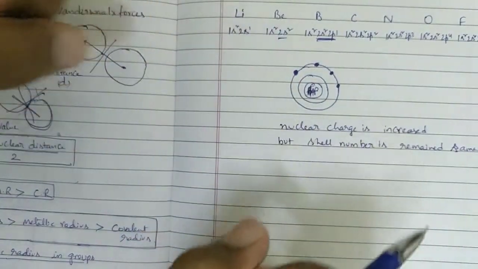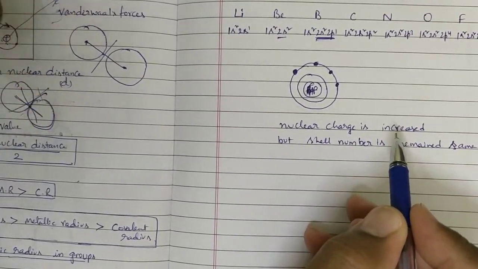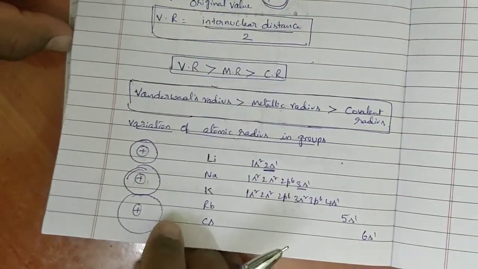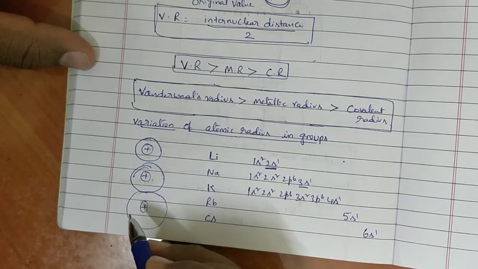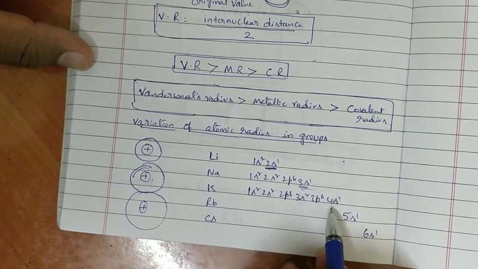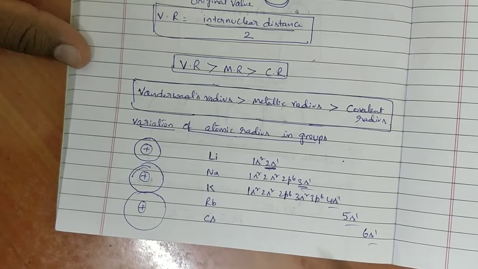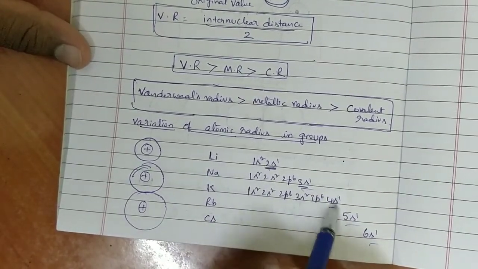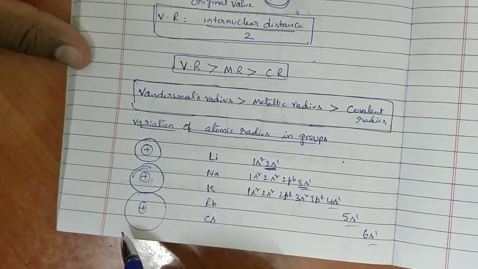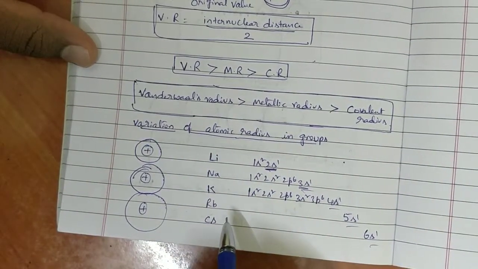Because the strength of the nucleus is increased. When nuclear charge is increased, it will attract the outermost shell very effectively. In the previous case, in a group from top to bottom, the number of protons increases, that is confirmed, but electrons are entering into a new shell. The outermost electrons are not entering the same shell. Here, a new shell is added from top to bottom. So, even though nuclear charge is increased, shell number is also increased. That's why, from top to bottom in a group, atomic radius increases.